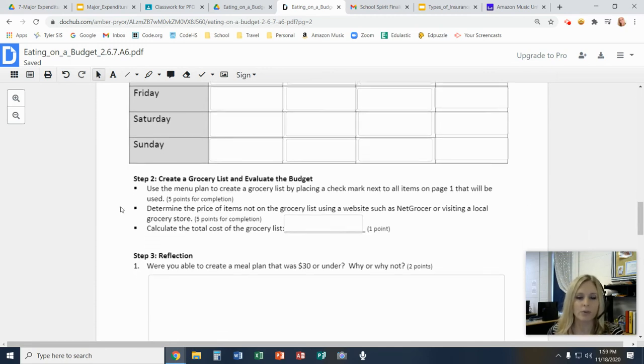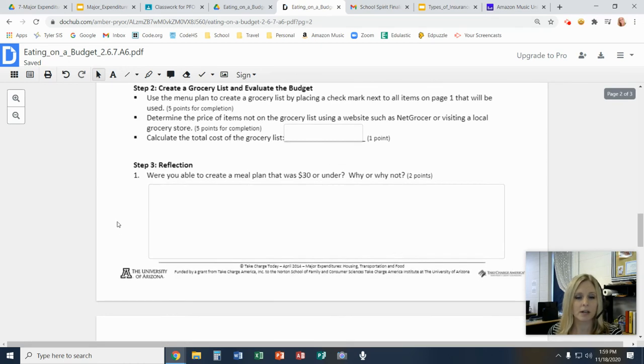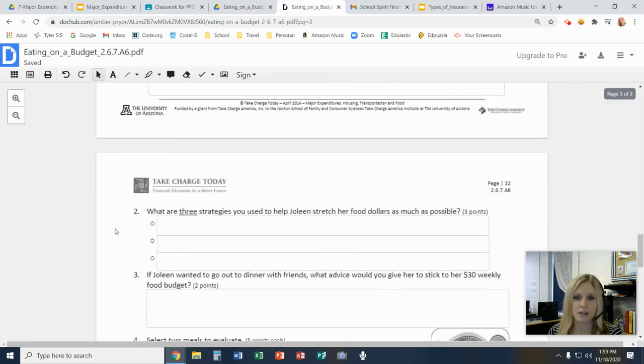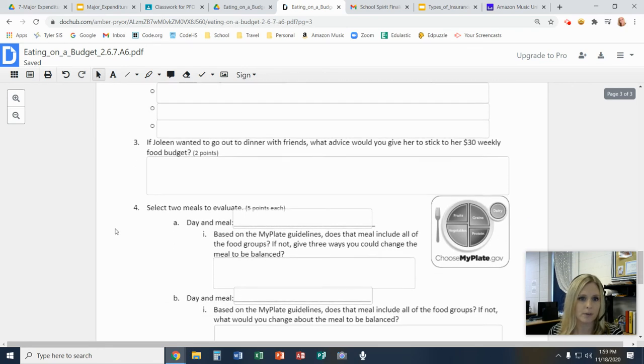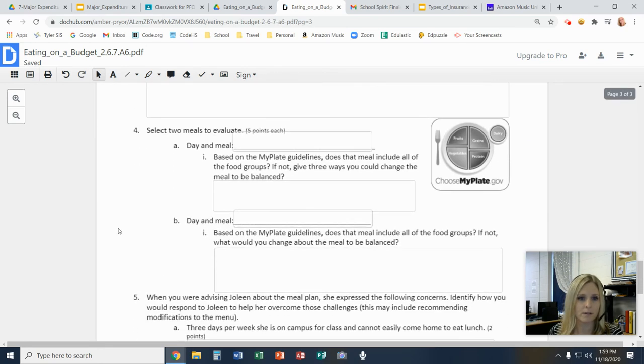Then you're going to go through and just kind of add up everything that was on the grocery list, the things from the sale ad, and also the things that you added to the list, and actually physically add them up. And that's where the total cost of her grocery list is going to come from. Then there's a couple of reflection questions, the first three there. Okay. And then step 4, you are going to evaluate 2 of the meals that you made for Jolene, and